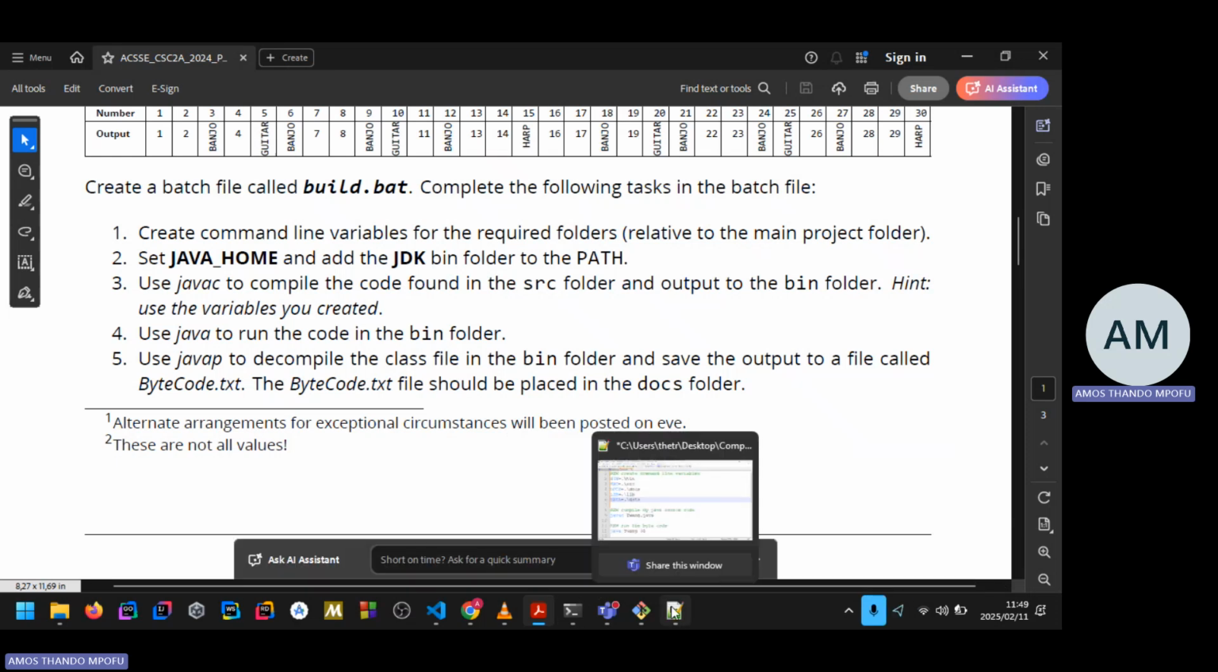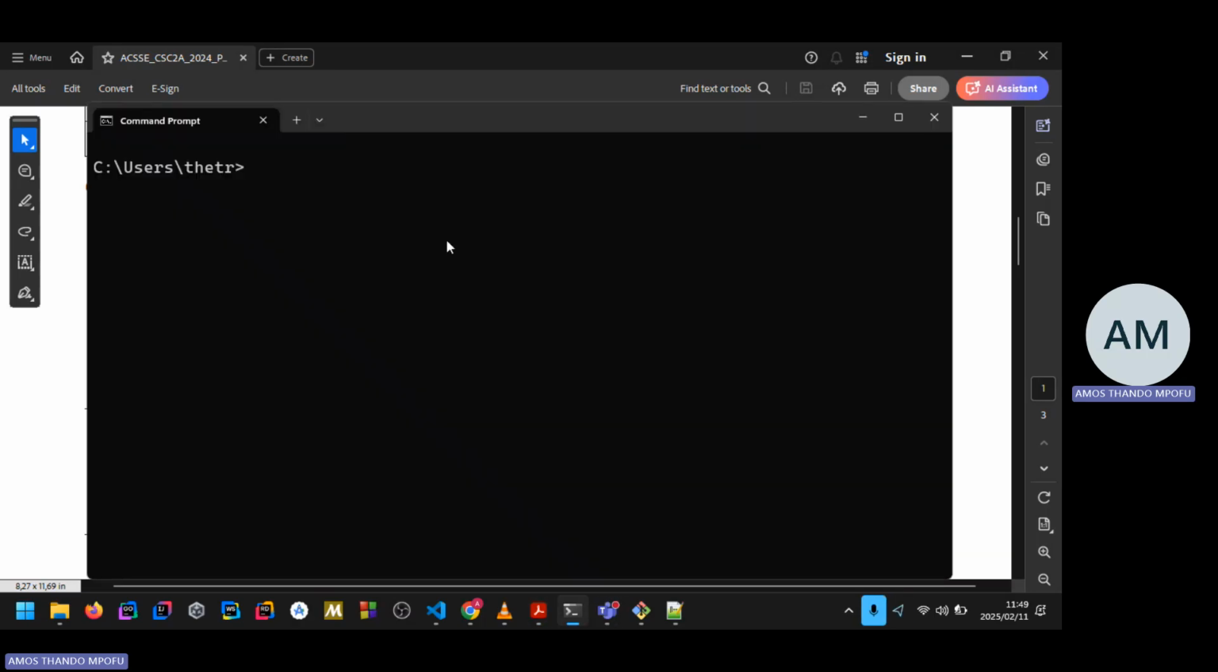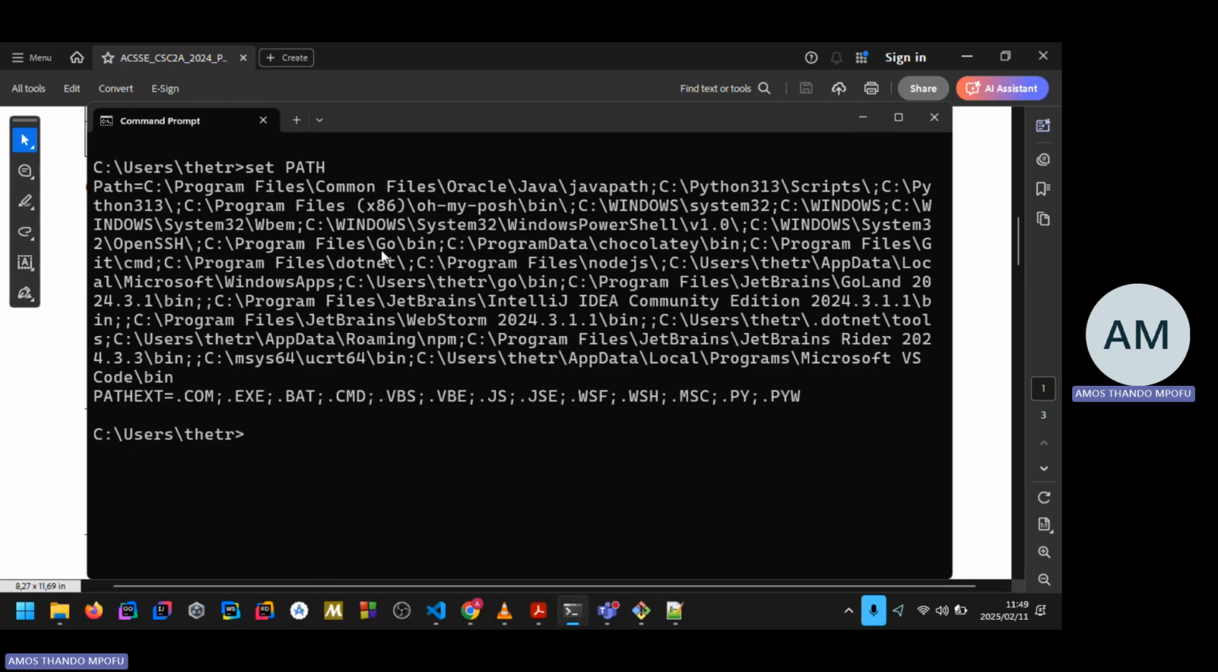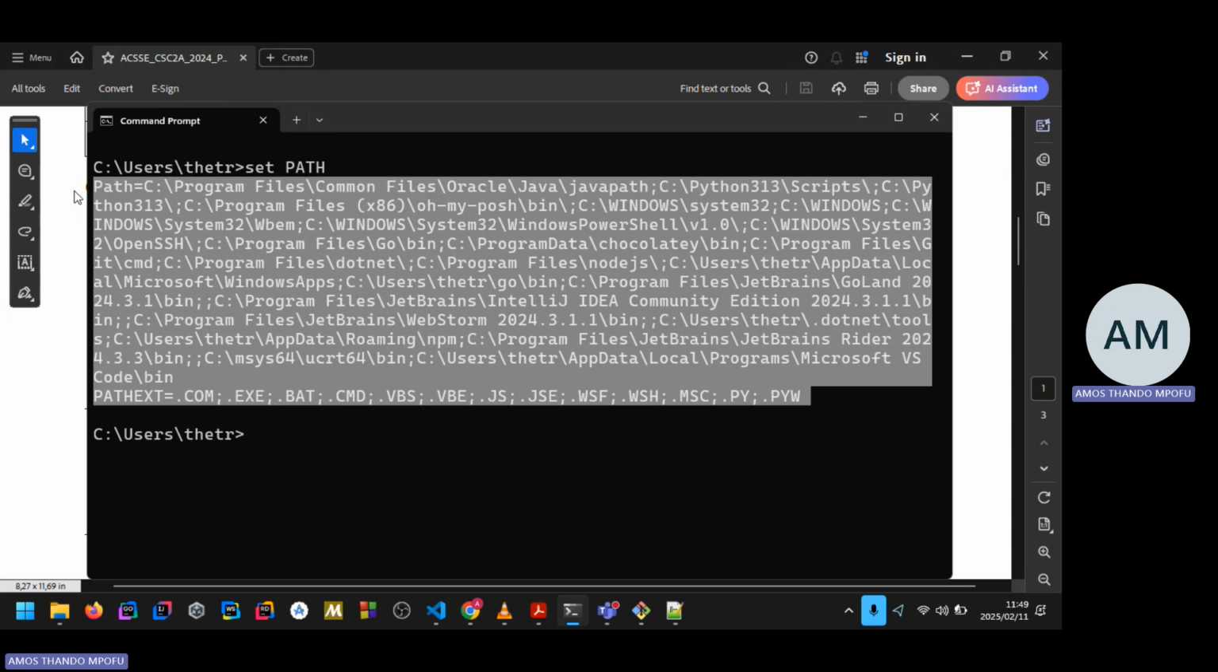So instead of me having to type all of that, I'm trying to automate stuff. So they're saying set the Java home and JDK bin folder to the path. So when they say to the path, they mean remember what I was listing. So when you set your environment variable, it gets added into this list, right? So that when you try to run commands